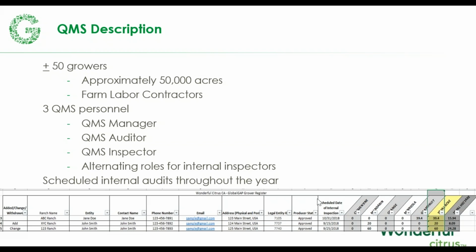So we have quite a few areas to be inspecting, and our audits generally happen in November, which we may not have every internal inspection completed for the year by the time the audit comes around. However, our register is showing that we are going to be completing it on a specific date. So it's on a schedule and we know it's going to happen, and that's what we provide to our auditor.